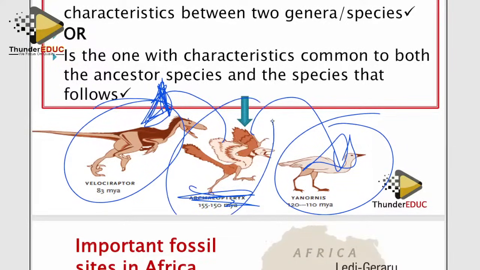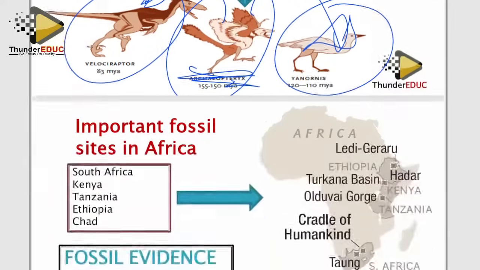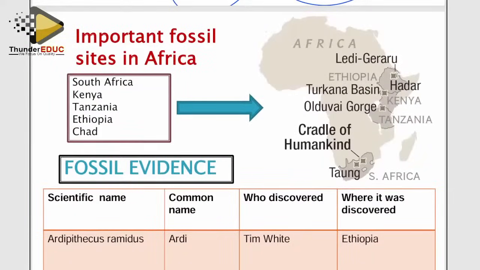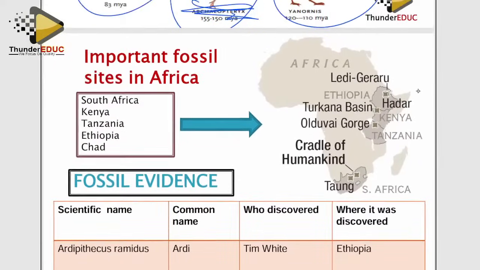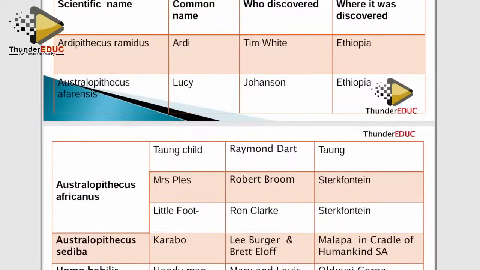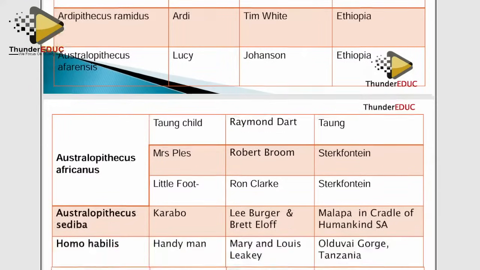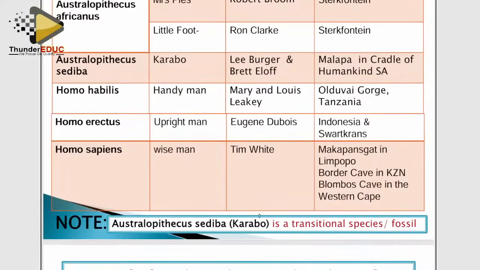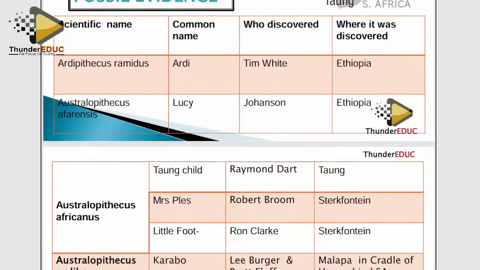When you're talking about a transitional fossil, you have to compare. Actually, they are looking for comparison. This one, I'm not going to teach it. You have to know this table. The only thing I'm going to emphasize is which one is a transitional fossil, which is Carabo. Which species first used the tools? It is